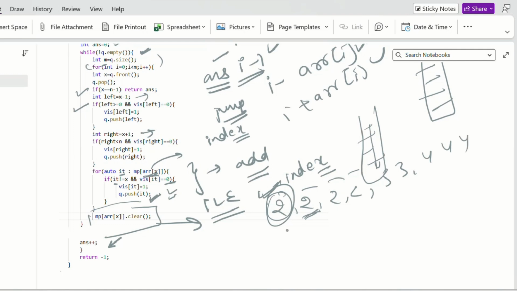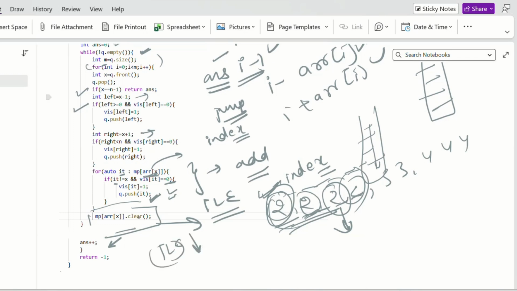Once I am done with the value 2, I can clear the value 2 from the map, because I have already traversed all the indexes having value 2. So if I get this same value later, I will not traverse those already traversed indexes again. I cleared this from the map so that my time complexity is reduced.